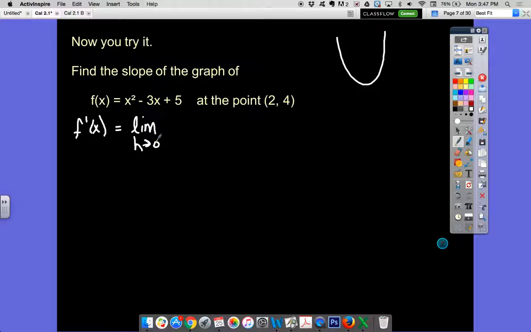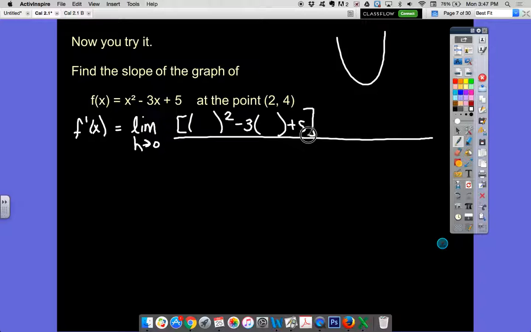Okay, so we got our limit. Don't forget to write it. Don't forget to denote your f prime of x. And then let's just go ahead and start plugging in. Sometimes it's hard to write and talk at the same time. Wherever there's an x, we're going to open it up, put parentheses. That's the first part, minus, and then the second part is just copy down your function. Okay, and in the bottom we got h. So if we come in here and we put x plus h,